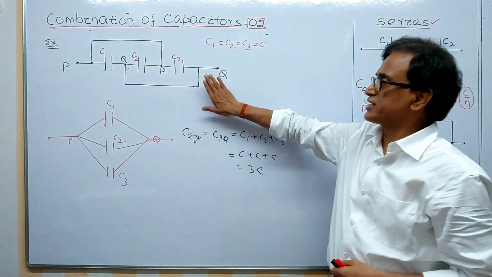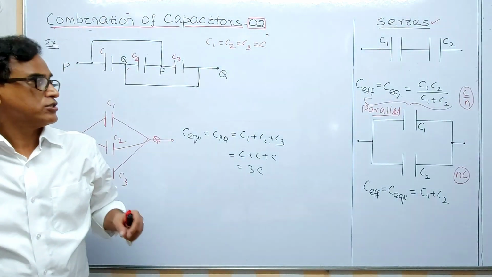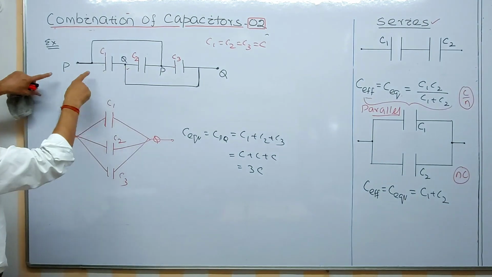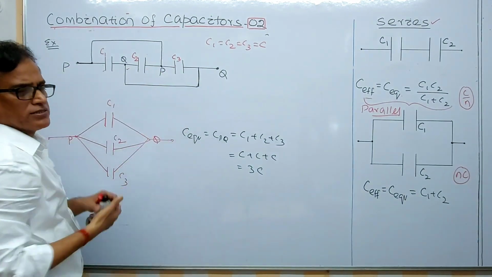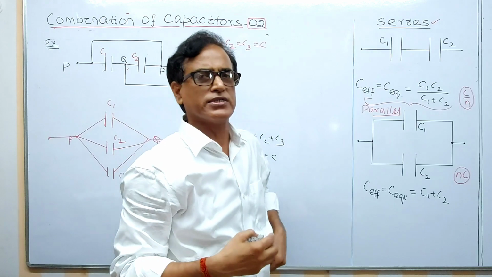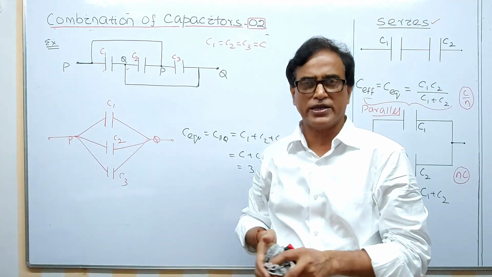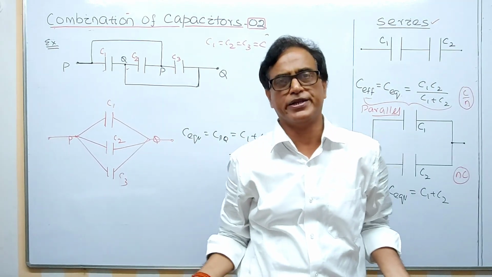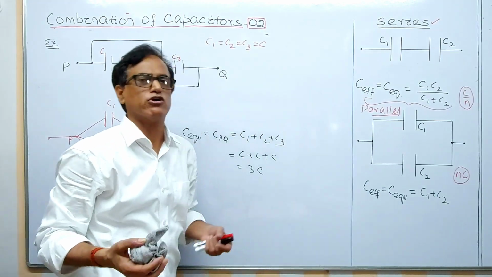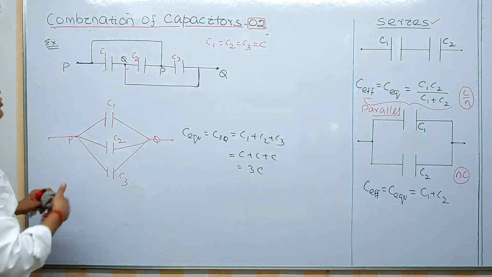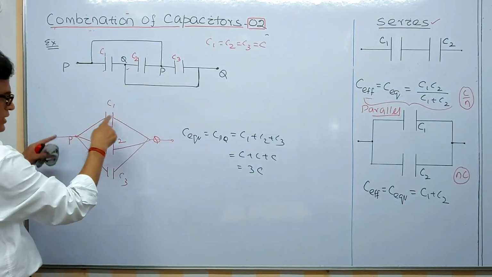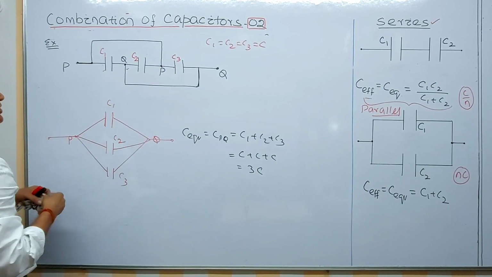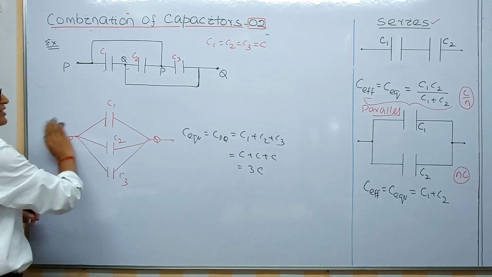And I think your idea is clear now. I have taken the terminals. You can also take the battery connection across these terminals, but whenever we can visualize this and tell it directly in an easier fashion, there is no need of connecting the battery. Battery is not connected. If you want, you can connect the battery for explanation. So I think you can take the points. You can see this is a parallel connection. I think your idea is clear.